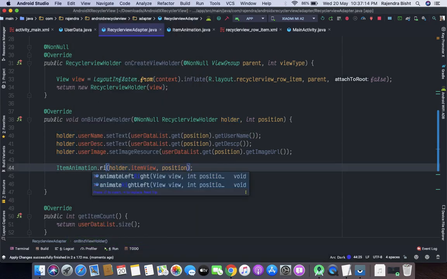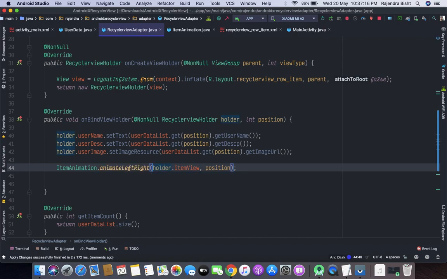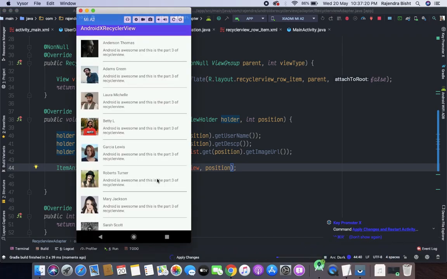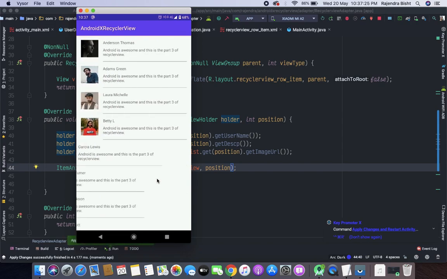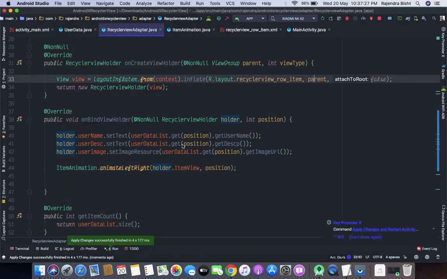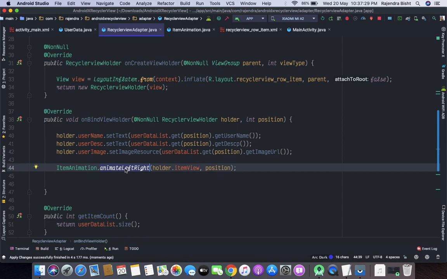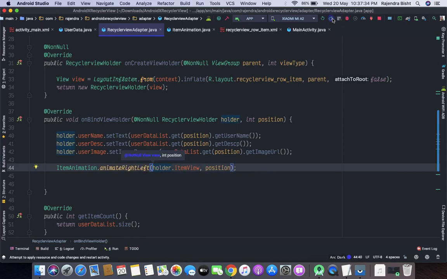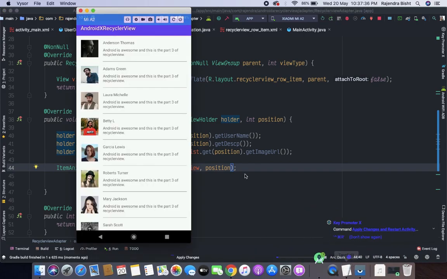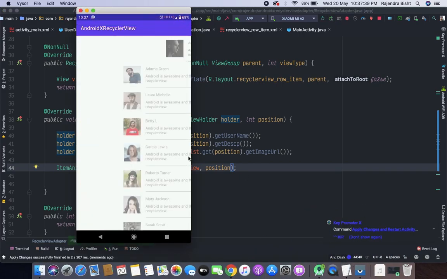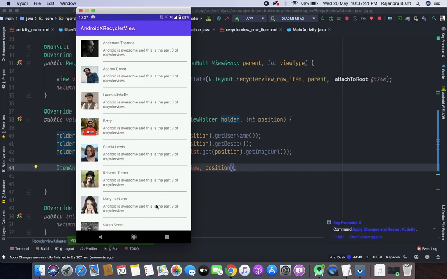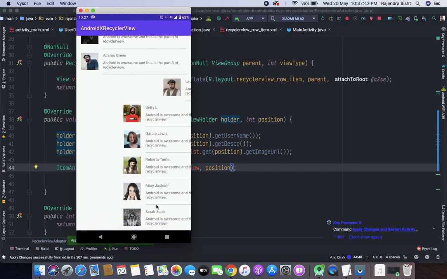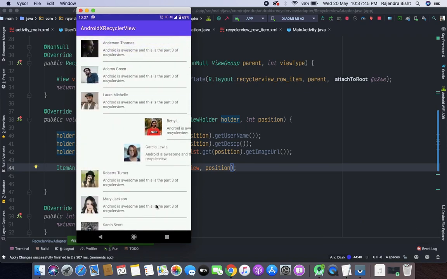Another one is left right, and right to left. So similarly you can add multiple types of animation, whatever you want.